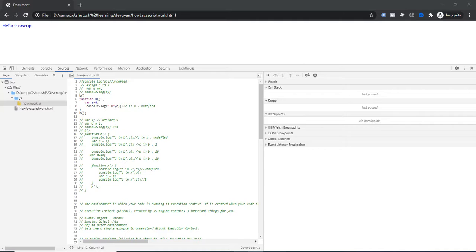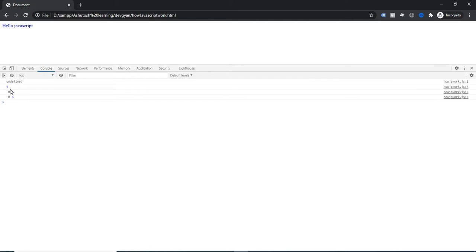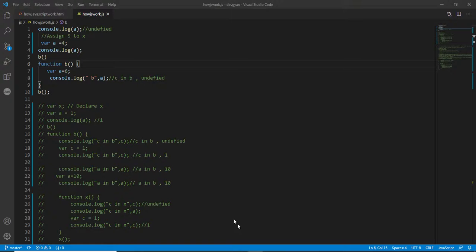Now if I execute this code, what will be the output? You can notice in the console the value is undefined and then 4. Why is it undefined? Because, as I said, during the parsing or creation phase, it will try to find the variables and functions, and the initial value stored in memory is undefined.